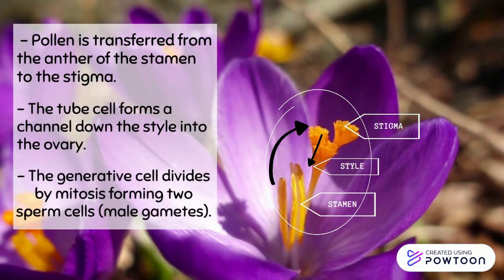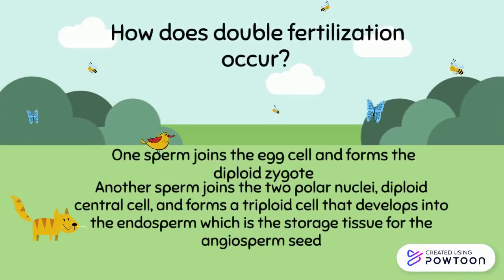The generative cell will then divide by mitosis to form two sperm cells, which are also known as the male gametes. So how exactly does double fertilization occur? One sperm joins the egg cell and forms the diploid zygote, while another sperm joins the two polar nuclei, the diploid central cell, and forms a triploid cell that develops into the endosperm, which is the storage tissue that the